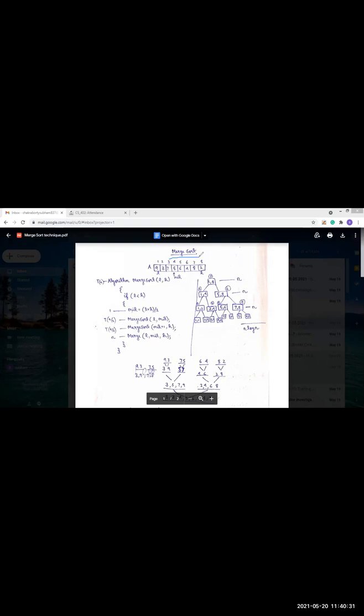is basically, if the problem is large, then we can divide the problem into sub problems. And how many times will we divide? We will divide till it becomes a small problem, meaning only one element will be present. We will divide up to that point. And after that, we will solve the problem, and by combining the solution of each sub problem, we will get the solution of the